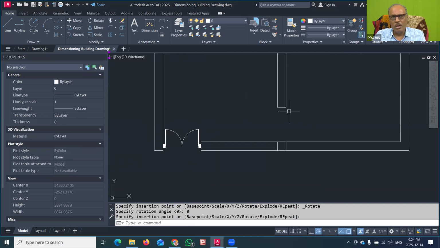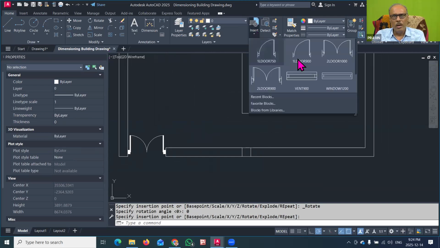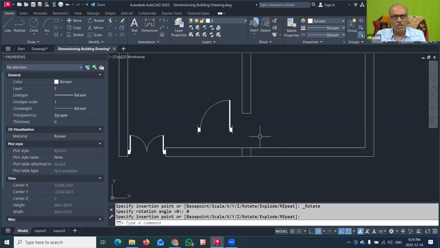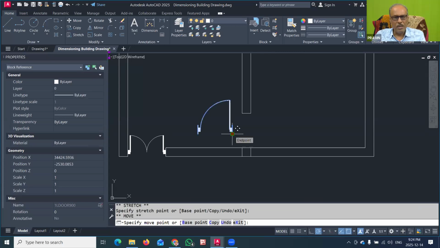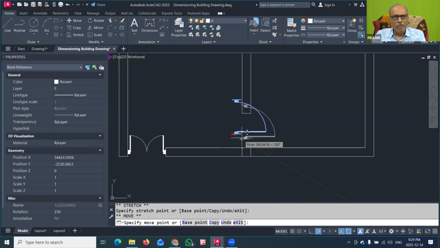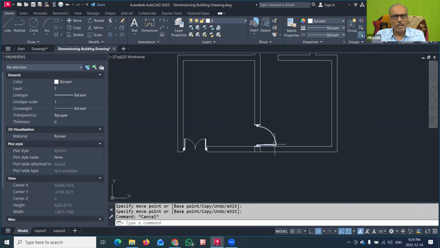So this was done. Now here also I want one door, a 900 door. So I will go to insert symbol and I will use the 901 lift door. So this I have done. Now you can click it here, but this is not the direction of opening of this. So you can select this block, go to the grip mode and rotate this by pressing the space bar from the command line, and this was rotated. And now you can again go to grip mode, make the move command and place it here. So you can see that the door symbol was added very nicely.